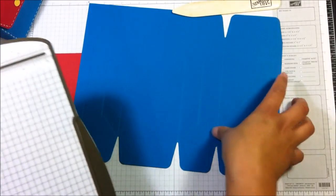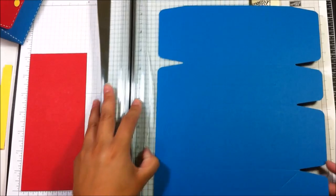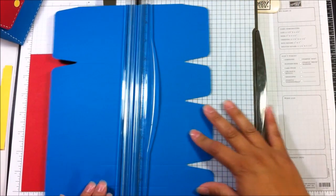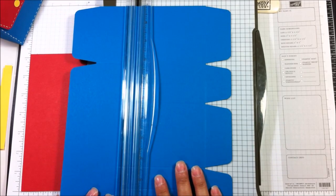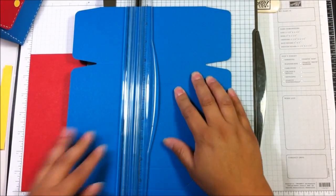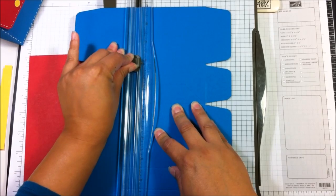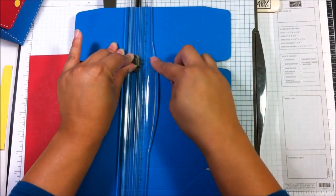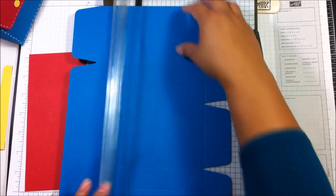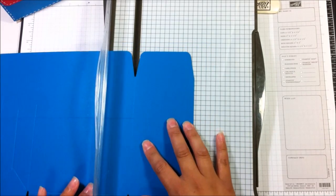And I am going to, I don't know if I can fit this completely on camera, so I will try. But I'm going to line the bottom of my box up with the 5-inch mark. So 5 inches right here. Okay. And I'm going to cut all the way to this score line that's here. And if you see this little point, if you stop right on that score line, you'll be perfect. Okay, and then I'm just going to take this, and this one,